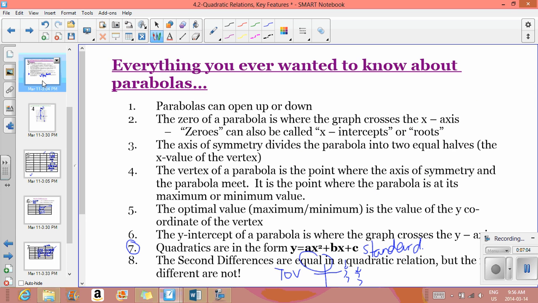So make sure you write all this down, and if you need to, you can go back and write these key features, the bits of information, down, and if you have any questions, please bring them